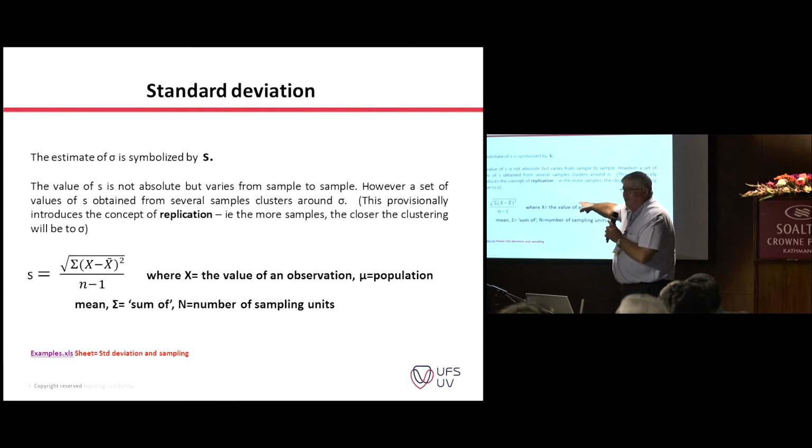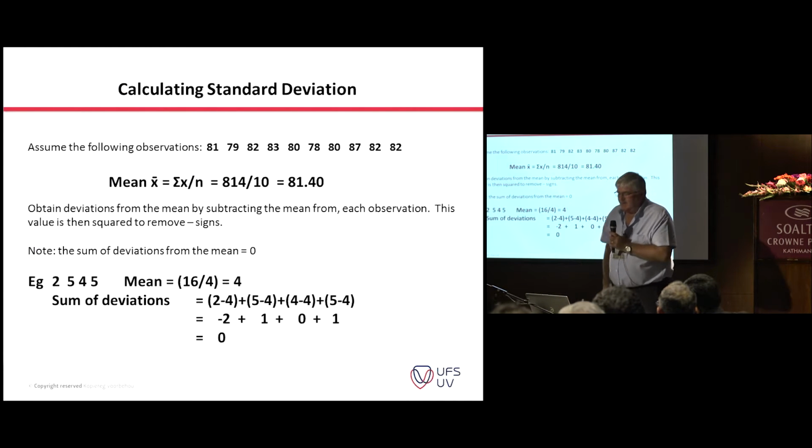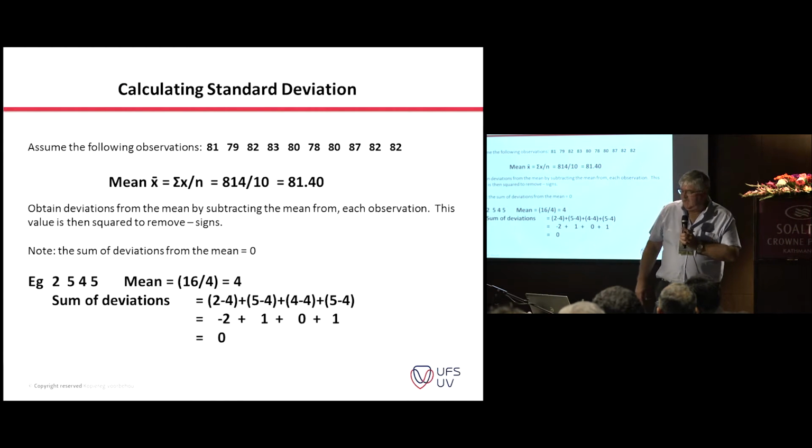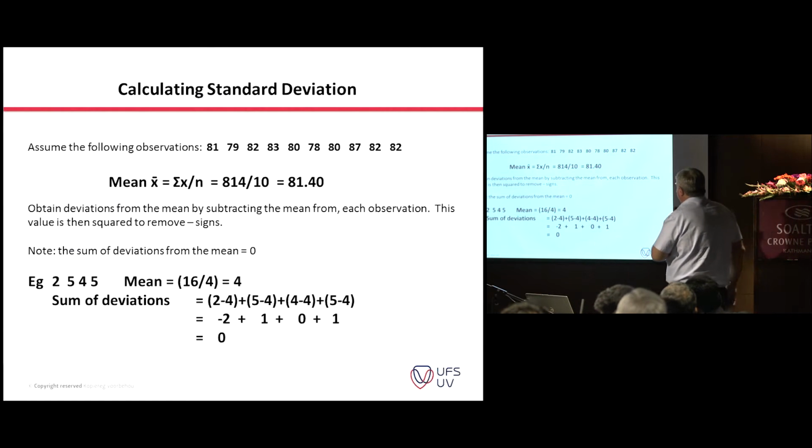N minus 1 there, okay, when we're working with samples. When we're working with the true population, the total population, we just use n, okay, because we've got the real number. Okay, so that's why we use degrees of freedom. Okay, so assume that I have then these